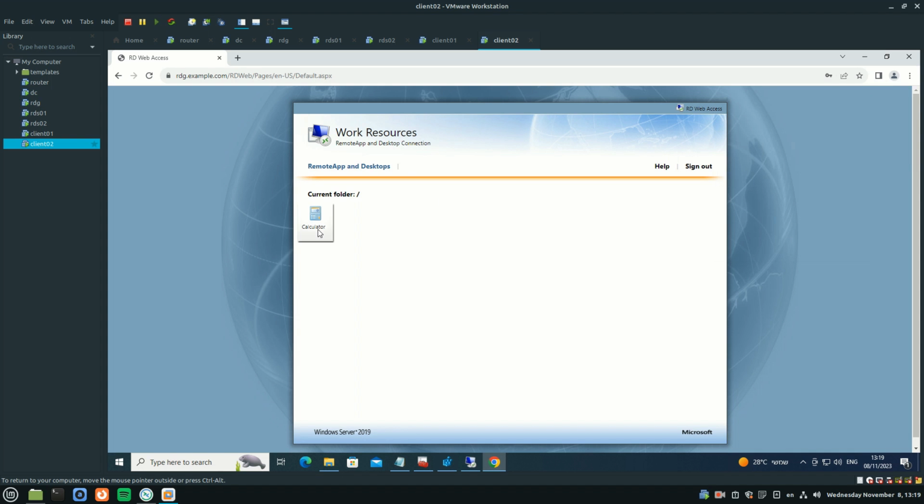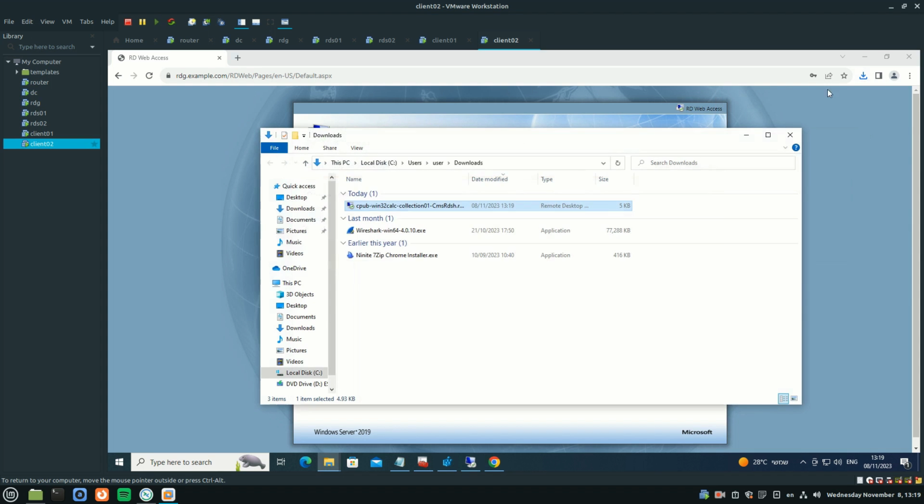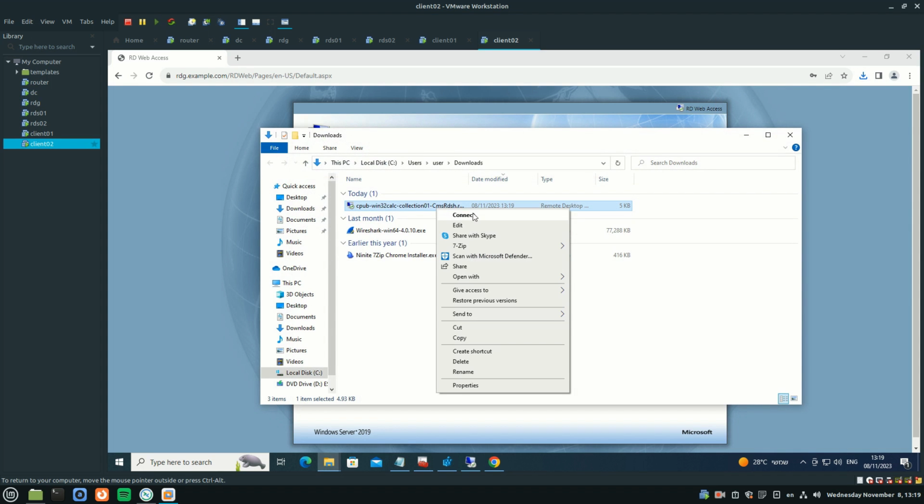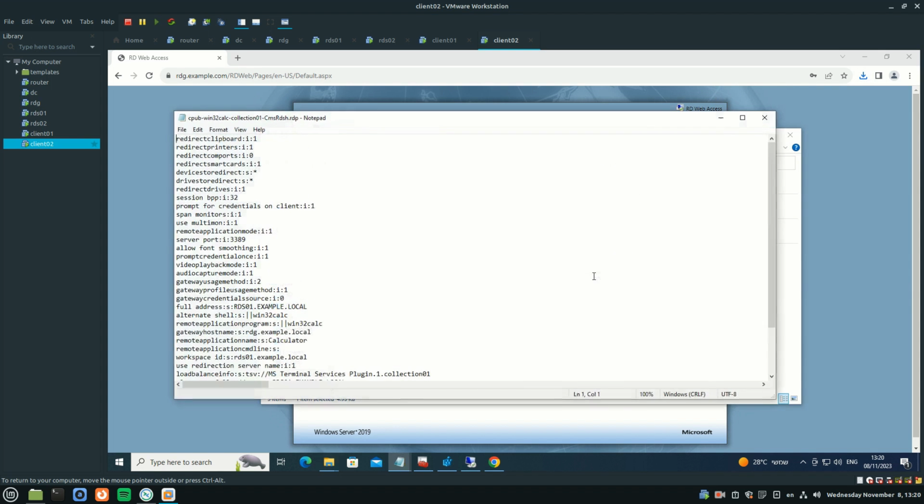Let's download the Calculator remote app. Open the file with Notepad.